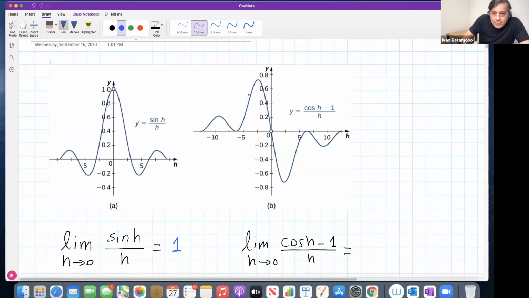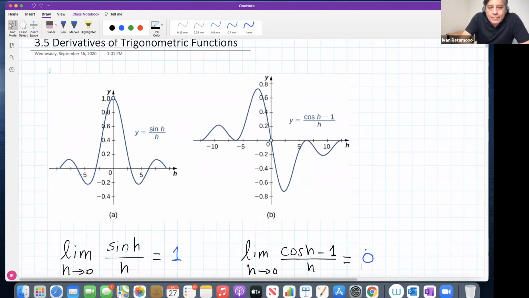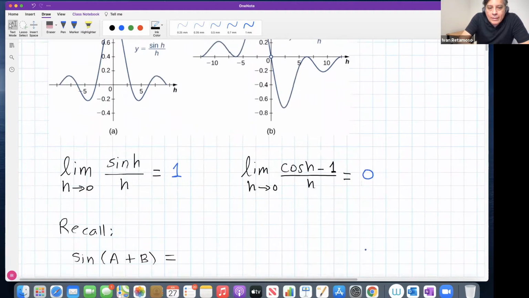Yeah, very good. Because if you go and approach 0, the input value 0 from the left, your output values are coming down to 0. And if you approach 0 from the right, the output values are also going to 0. So this convergence from the left going to 0, from the right going to 0. So the limit exists and is equal to 0, right? So this limit equal to 1, this limit equal to 0. We're going to use these two facts to figure out the derivative of trigonometric functions, in particular the derivative of